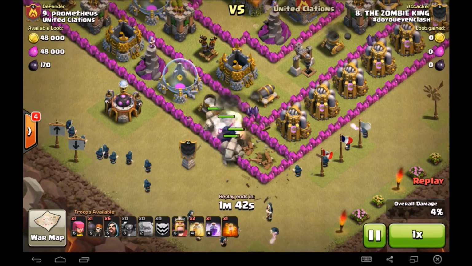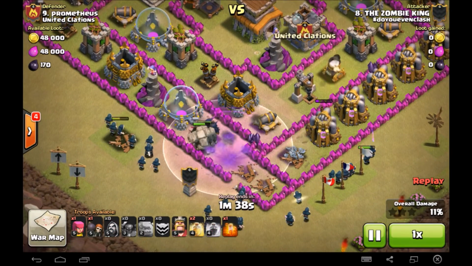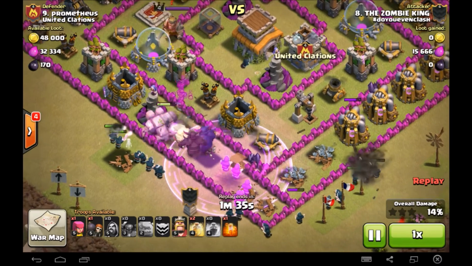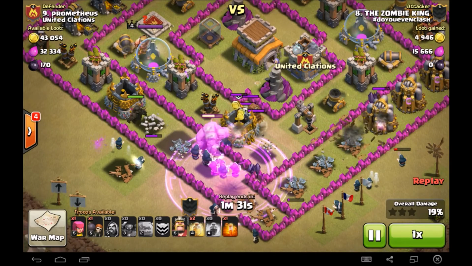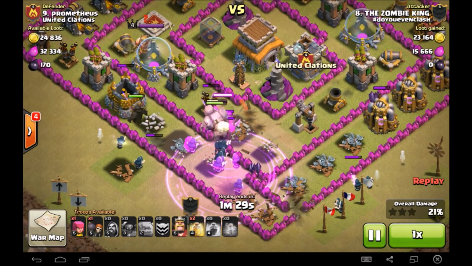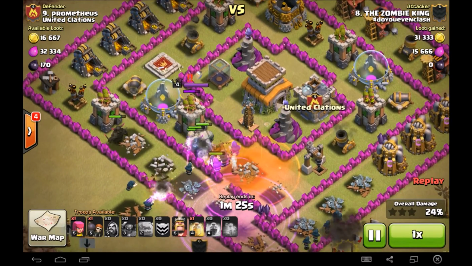He sets his wizards out, and he has a ton of wizards. He just spams them out, which is crazy. Throws a rage spell down. I probably would have put it a little bit farther inside the base, but this is still really good. The wizards use a lot of its ability. And he throws his poison spell down on top of those skeleton traps because for some reason this guy doesn't